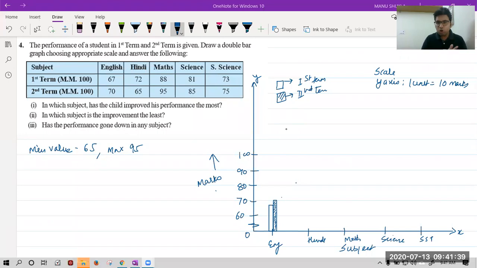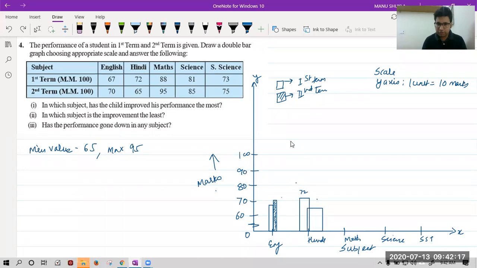Okay. I hope all of you are getting this. So, similarly, you can put the other values also. Suppose in Hindi, I have got 72. So, I will get again like this. 72 is more than 70, somewhere here. In second term, I have got 65. So, my performance is degrading to 65. Okay, I'm doing a mistake in this. One second. It is 65 somewhere here